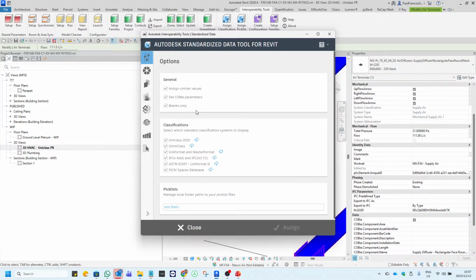You can also have blanks only off, and in this way you can assign the parameters. So what's nice about the general parameters, you can see that we've got the Uniclass database. There's an OmniClass database that's used in North America a lot of the time. There's a UniFormat and MasterFormat database,